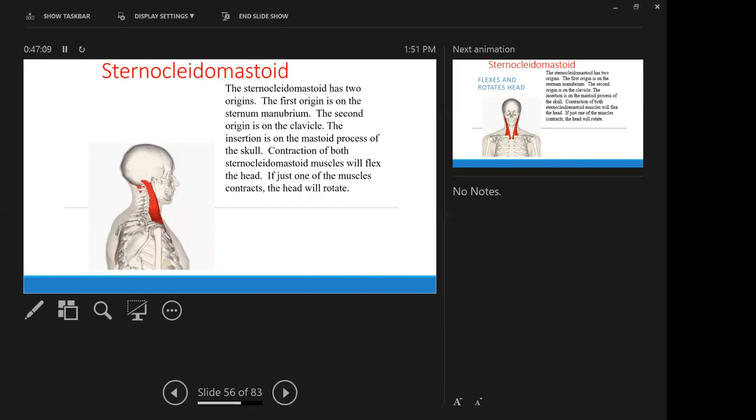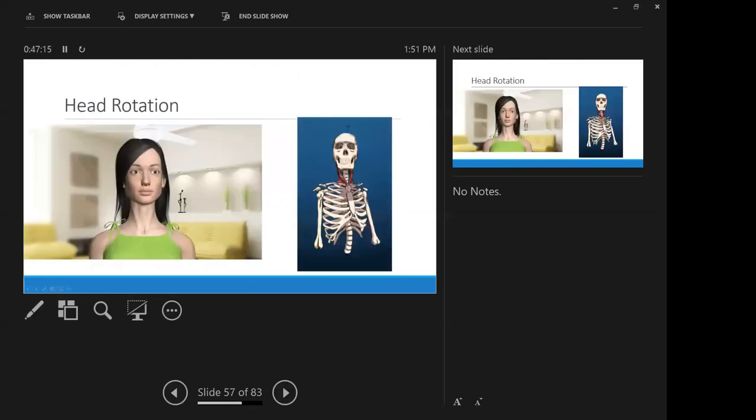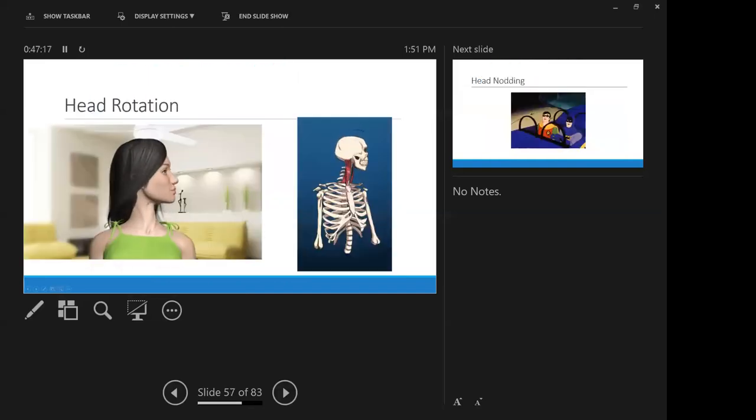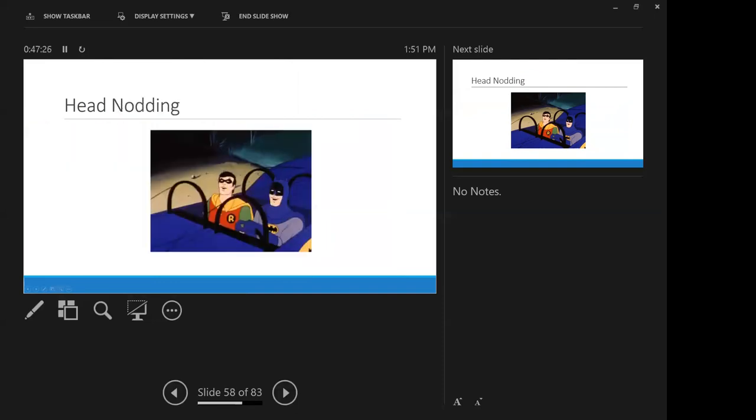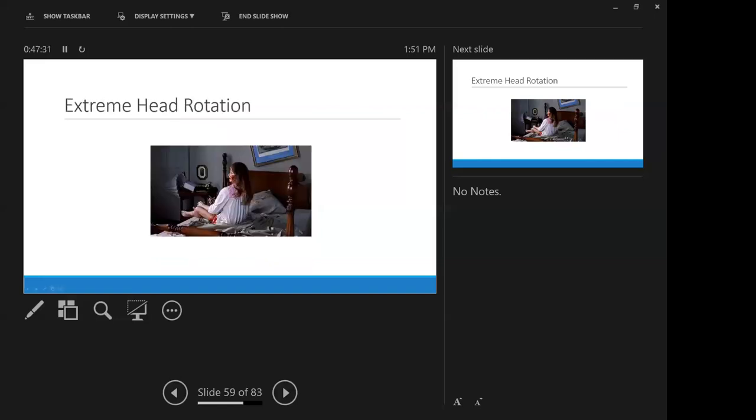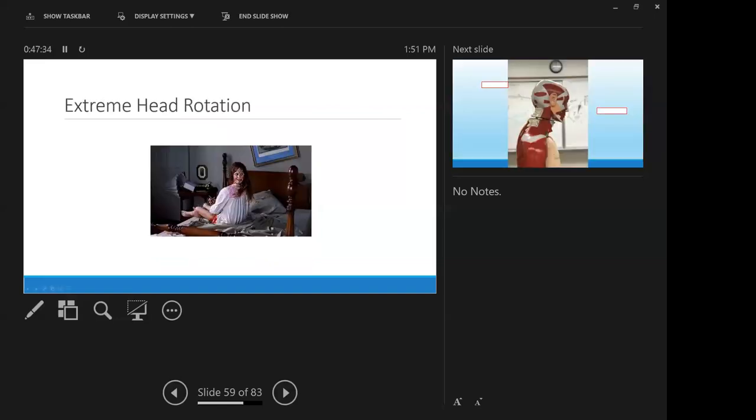Large, powerful muscle. It attaches to the mastoid process on each side. Rotation of the head. Whichever side contracts will cause our head to rotate in that direction. If they both contract, then our heads will nod up and down. And then sometimes you get extreme raises like this, which you really don't want to see. So anyway,